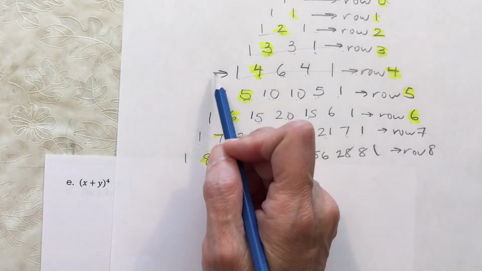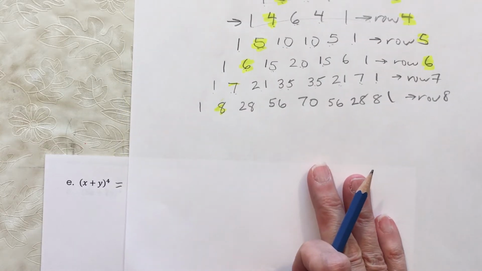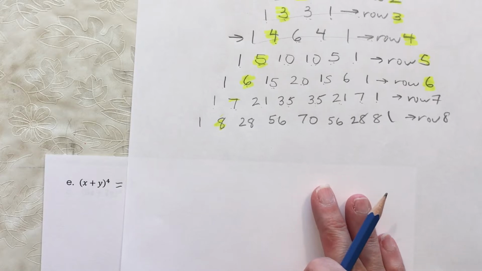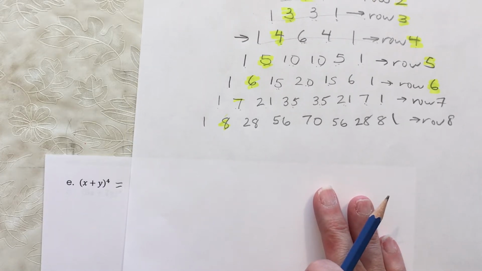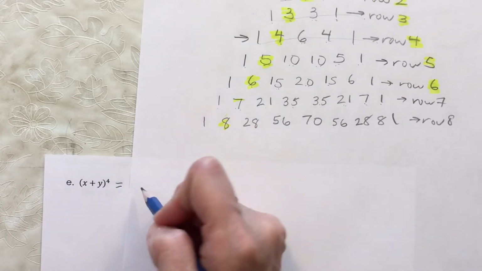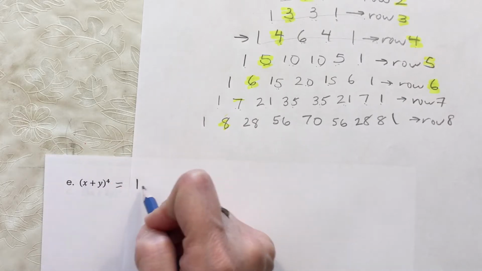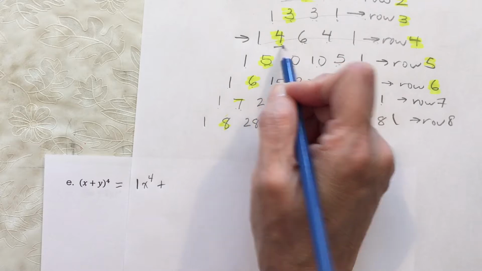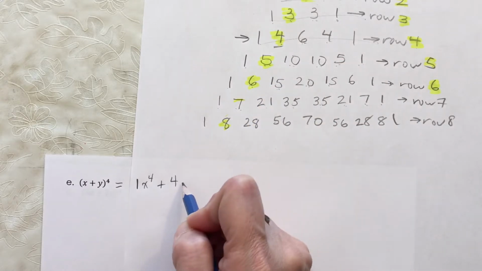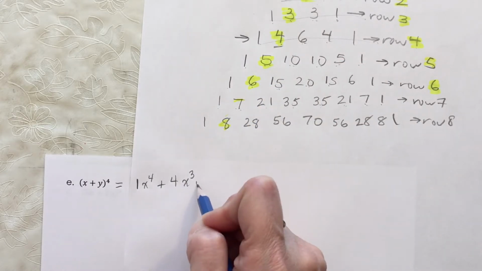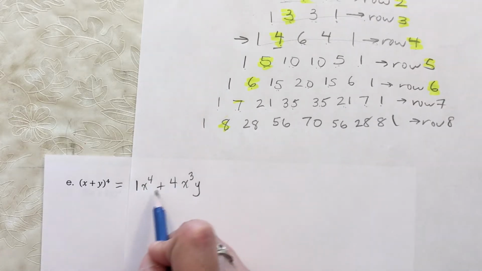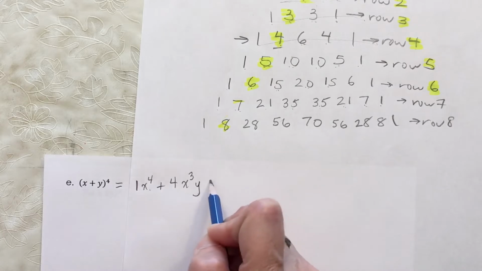So we're looking at the 4th row. So x plus y to the 4th is going to start off with a 1 x to the 4th plus the second number in row 4, 4, reduce the exponent on x by 1, increase the exponent on y by 1. So it went from y to the 0, which didn't even show up, to y to the 1,